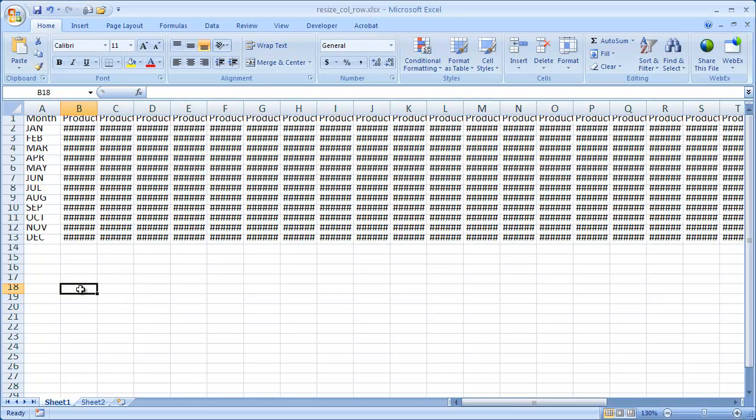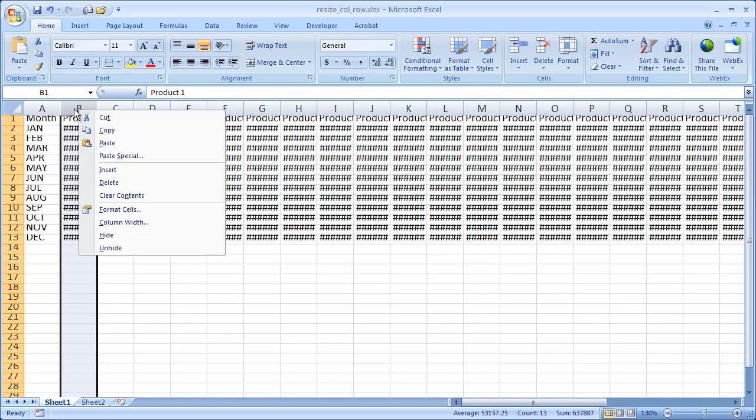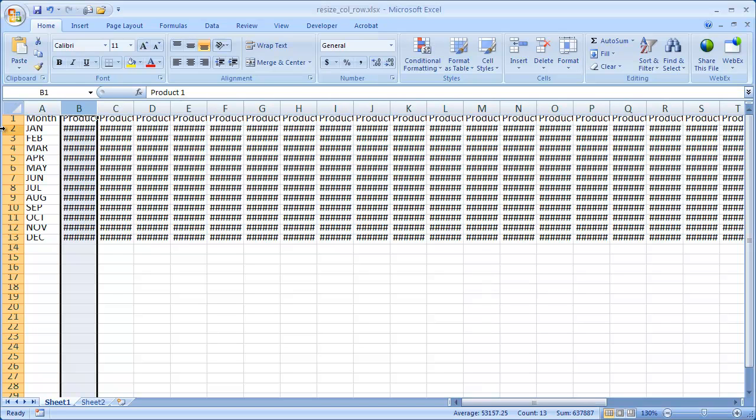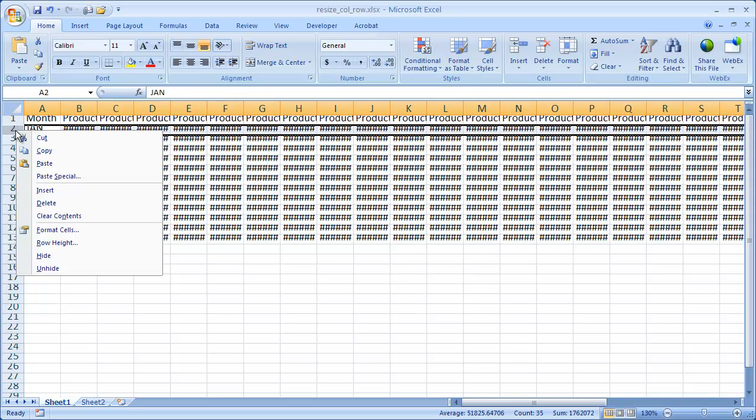There are a couple of ways we can do that. We can adjust the row height and column width, and one of them is to right click the column heading and adjust the column width here. And so you can see we can adjust it here. And also the same here, if you right click on the row, you can click on the row